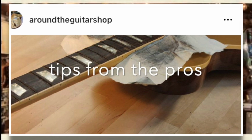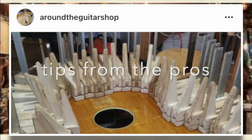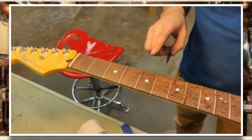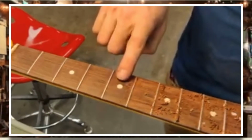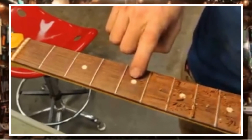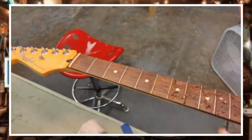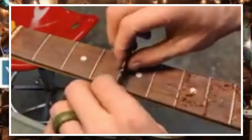Hey guys, it's Ted. I want to show you a little trick I learned from Matt Eady to make your fingerboards real nice. A lot of times after you've done all your fretwork, you can't really help but get little tiny scratches with little dirt in them. What we want to do, take a little razor blade, make sure you clean it off,